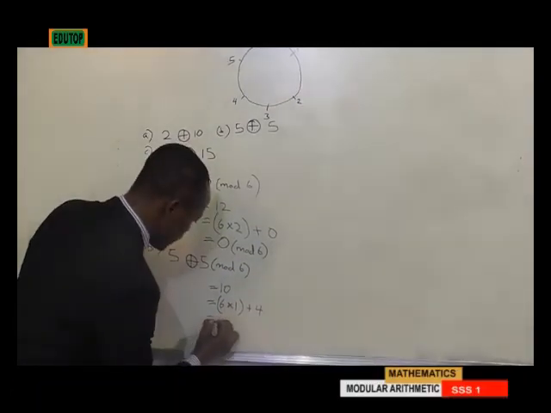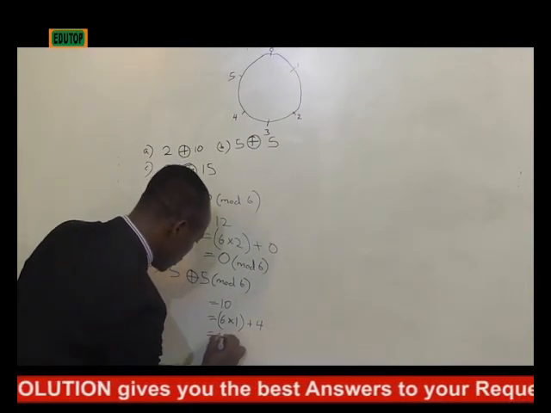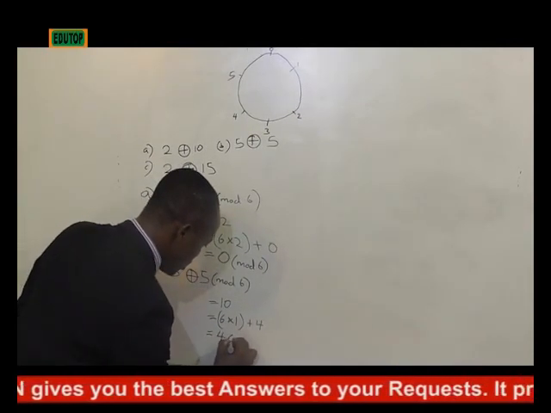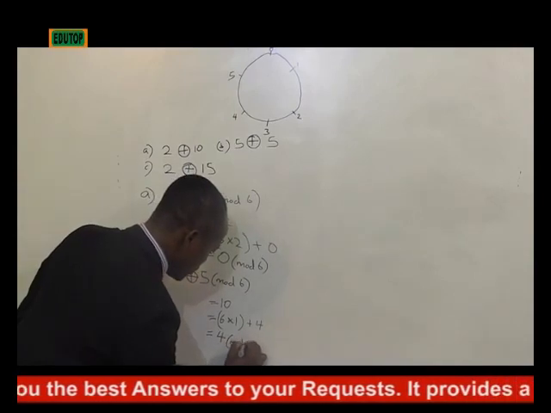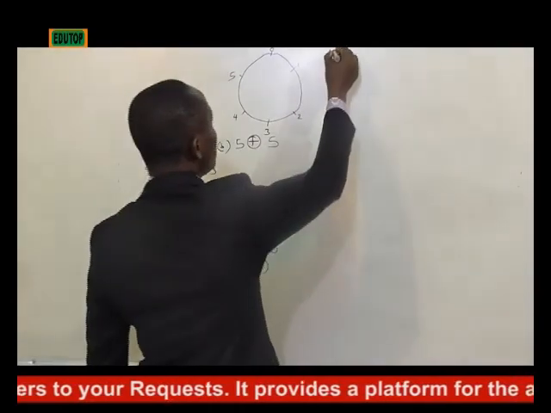So we can conveniently say that 5 plus 5 modulo 6 is equal to 4 modulo 6. Then the last one, which is C,